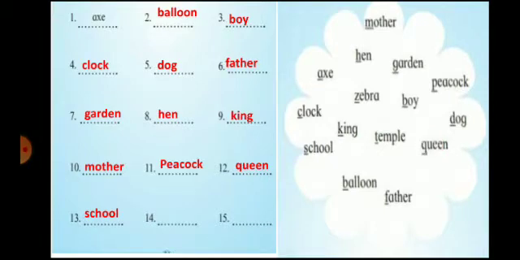So we will write the word temple. After T, U is not there, V, W is not there, X, Y, words with Y are not there. Then the last letter is Z, that is zebra. So yes, there is a word with Z, that is zebra. So we will write the word zebra. In this way we have arranged the given words in alphabetical order. Okay, now we will see the next page.